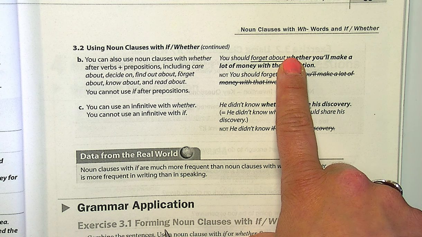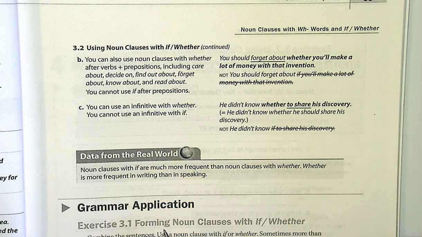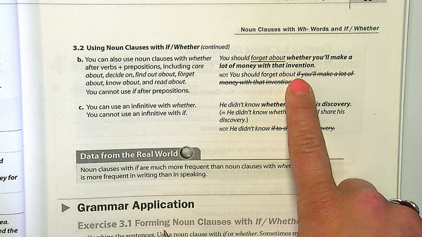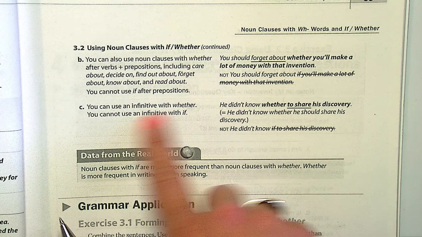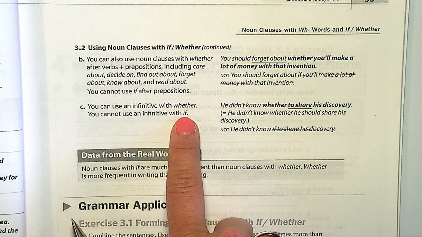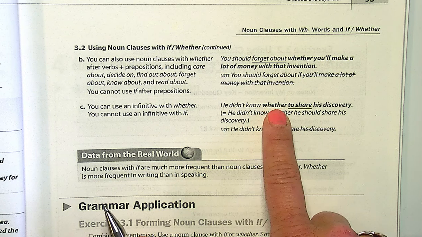And so forget about something. We need something that functions a little bit more as a firm noun and not just a possibility, a condition. You can use an infinitive with whether. You cannot use an infinitive with if. He didn't know whether to share his discovery,